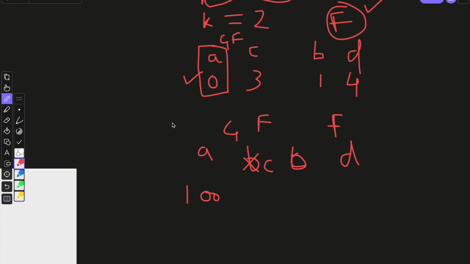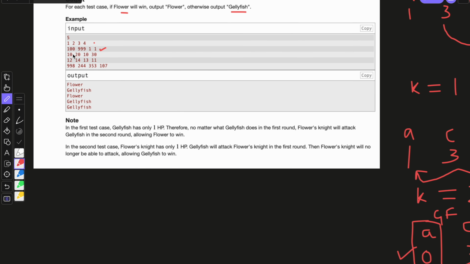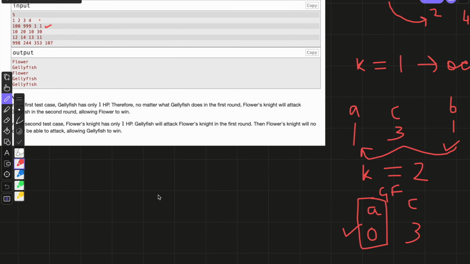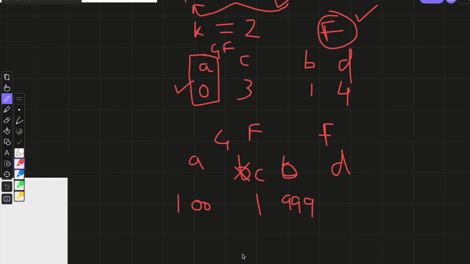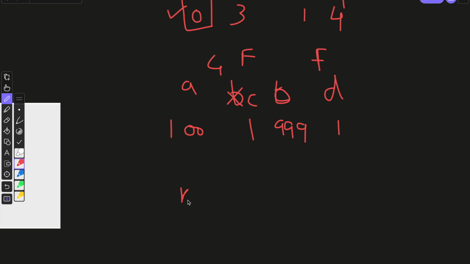Okay, so the value of C will be A, B, C, right? 1, 1. B's value is 999 and D's value is also 1. Okay, so as K is equals to 1,